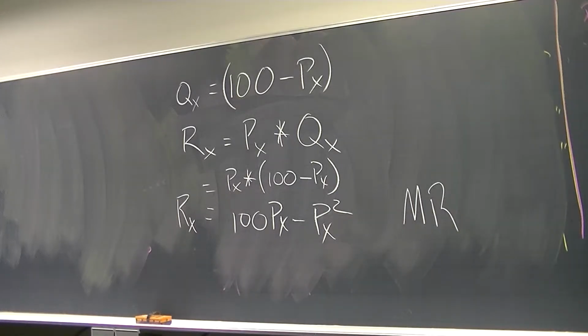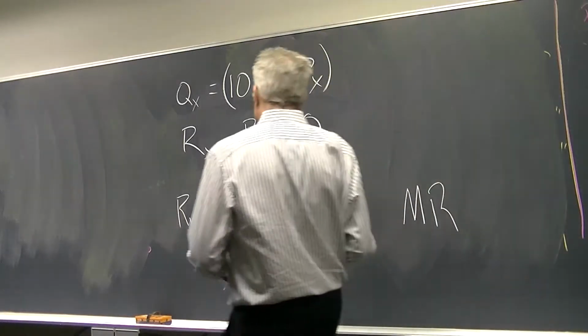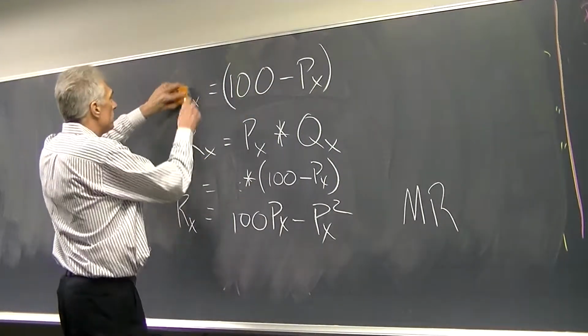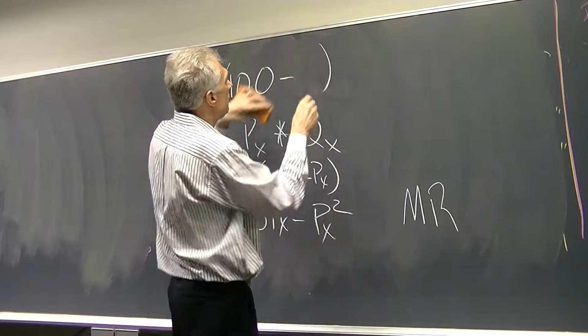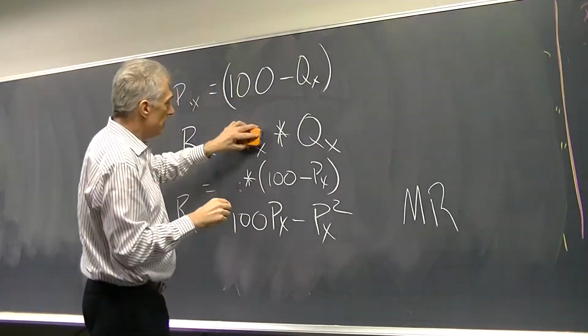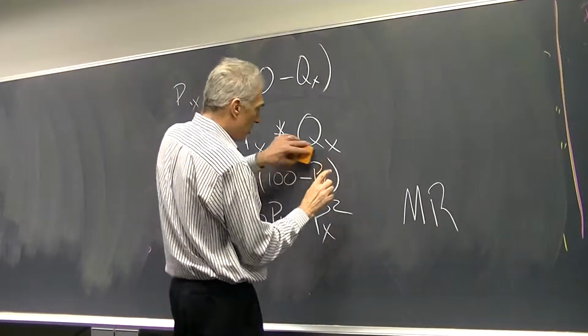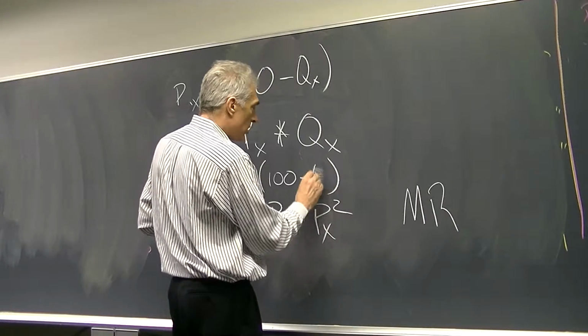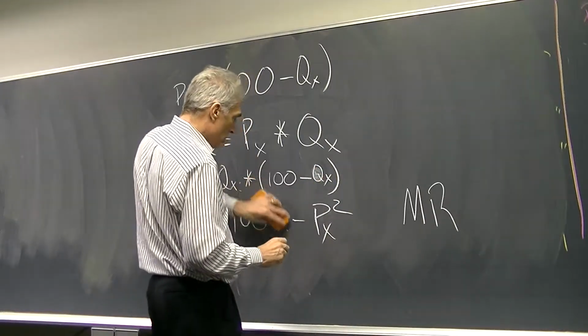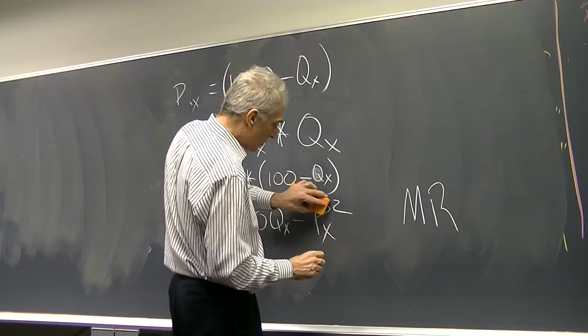That is marginal revenue. So we have marginal revenue, and we can do that with px, we can do that with qx. Actually, we can do it with qx. Actually, it's more appropriate. Let me change that because it should be qx. The way I set that up, you don't have to change that, but it's qx times 100 minus qx. The equation has no change, qx squared.